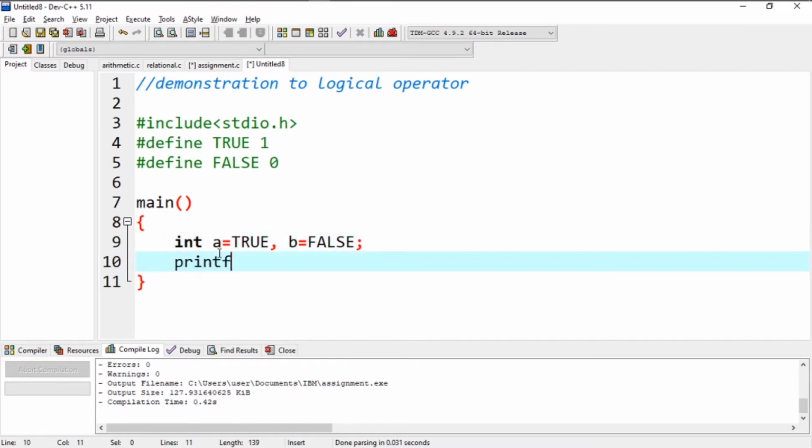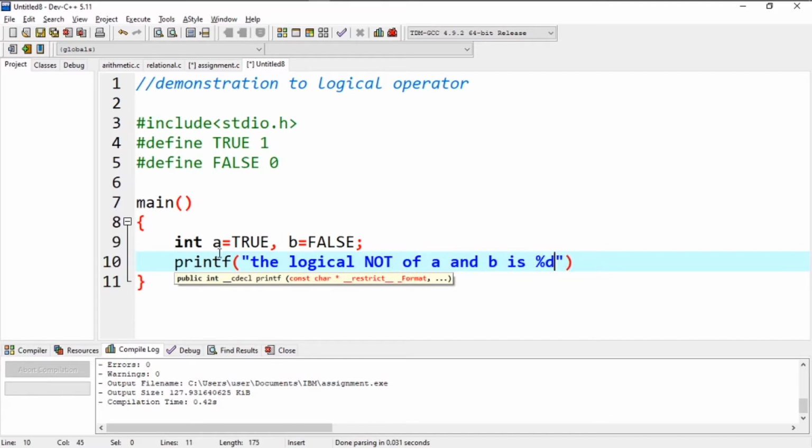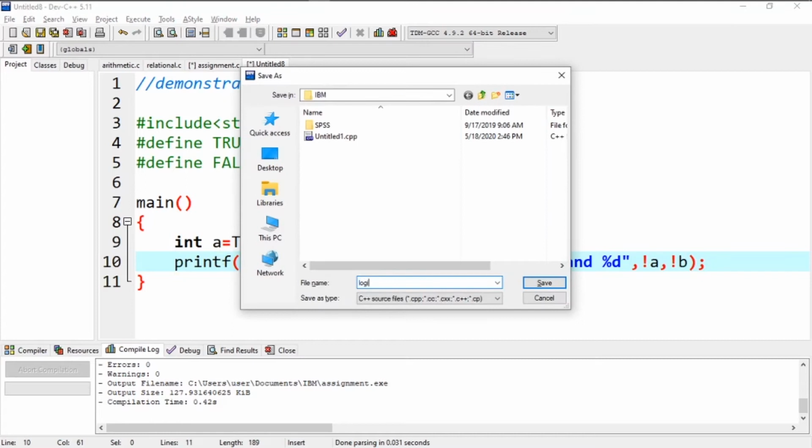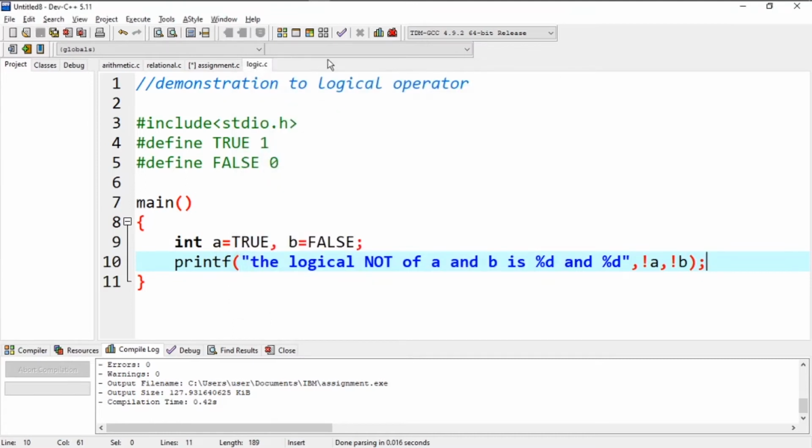Now let's print the result. printf, here it is, the logical NOT of A and B is %d and %d. So how to use logical NOT? That's exclamation and operand. So I write over here !A and !B and a semicolon at last. So let's save it. I'll name it logic.c and let's compile and run it.